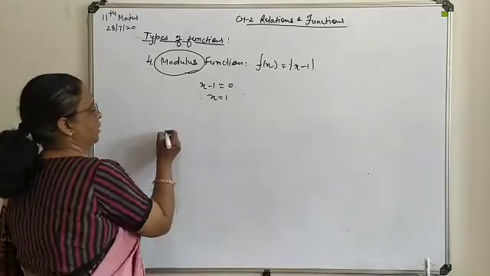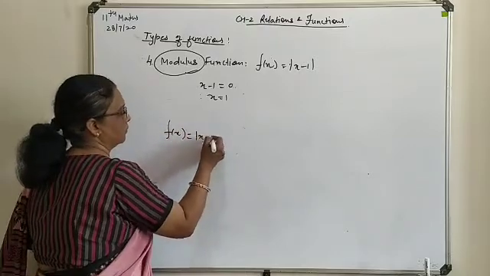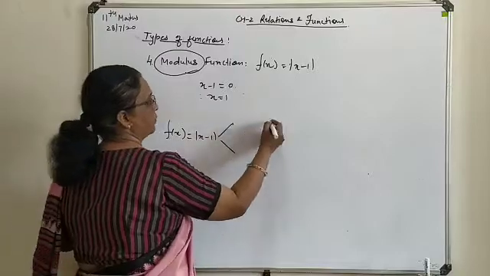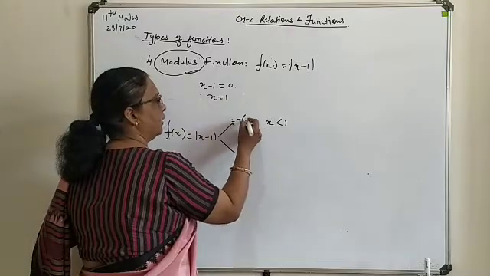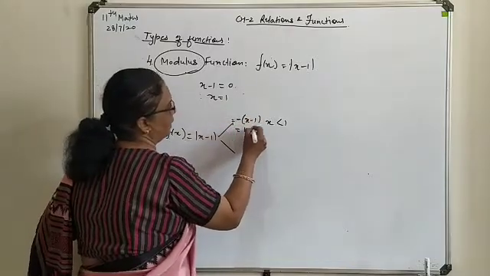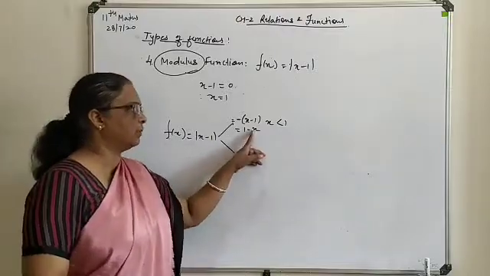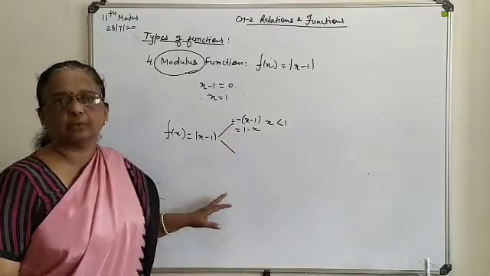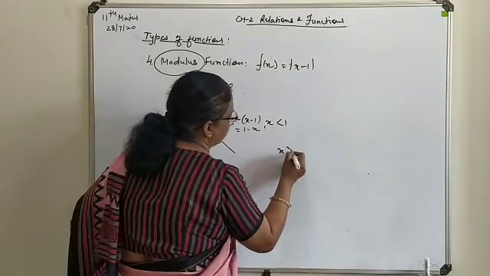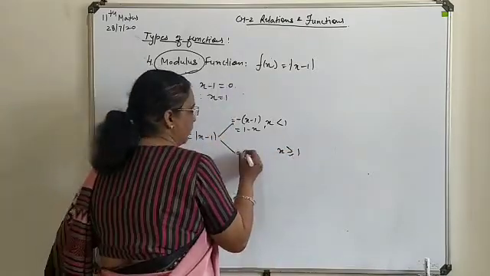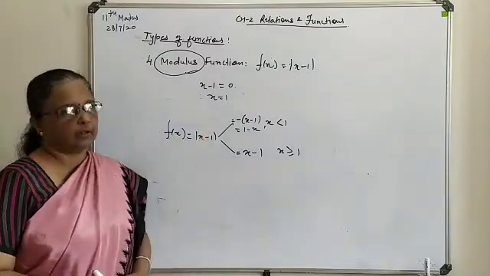So here this function can be expressed in two categories, x is less than 1. So at that time this whole term will be considered as a negative quantity, or it will be your 1 minus x. So if negative value you select, negative, negative, positive, and finally your answer will turn to a positive quantity. Secondly, you will compare with x is greater than or equal to 1. At that time your function is to be considered as such. So this way your term will be affected.